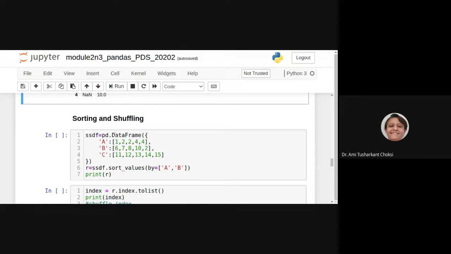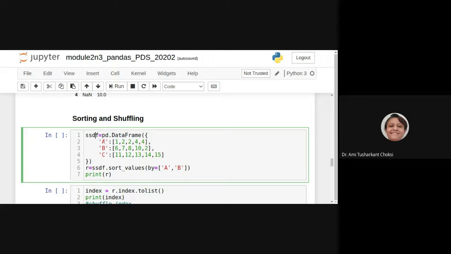Now, the next thing we want to know is sorting and shuffling. So let's see that. This we have seen before, at least sort_values, right? Recall that we are creating the data frame where we have A, B, C columns and the values are given here.